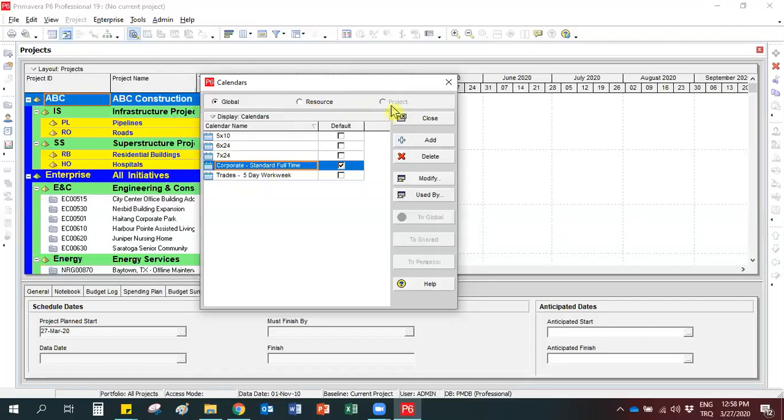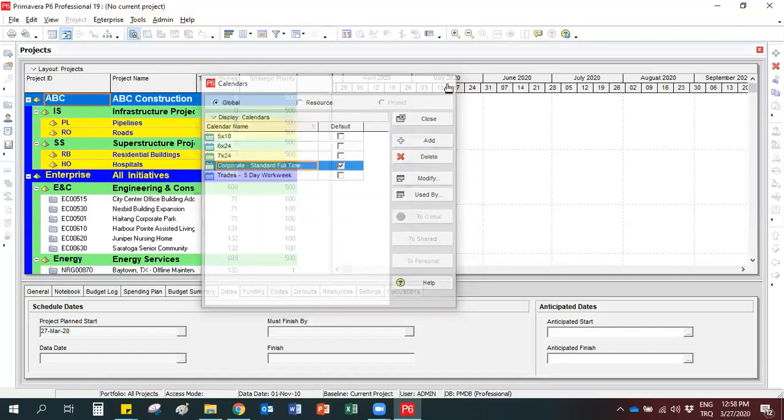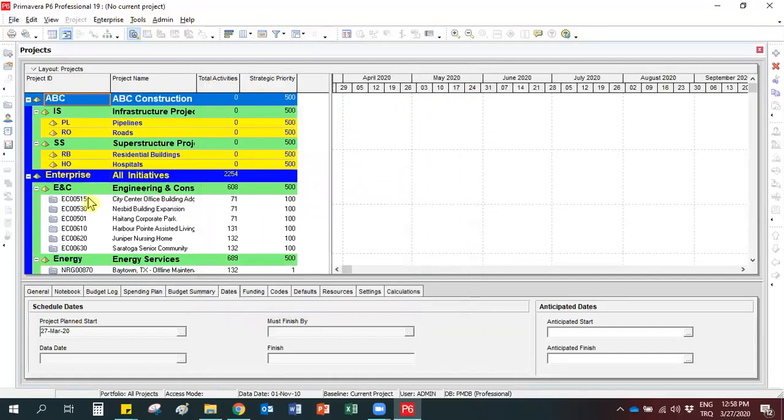The last option is project calendars. Here you can create calendars only for the project that you are working on. Other projects cannot share this calendar. For now, this option is not selectable. I think you guessed the reason. There is no current project right now. But when I open a new project,